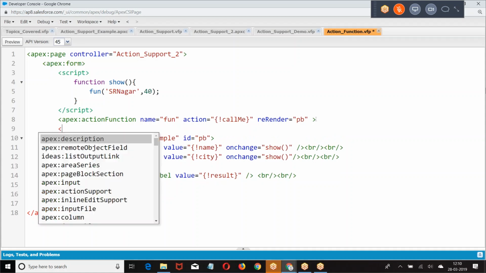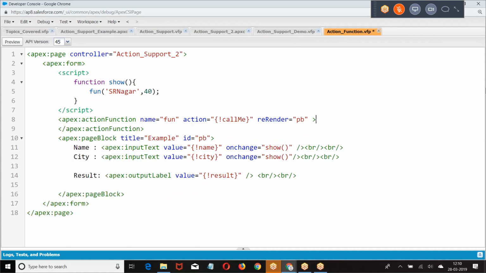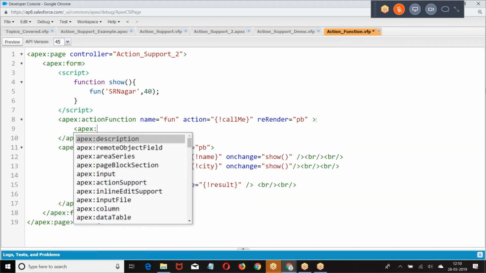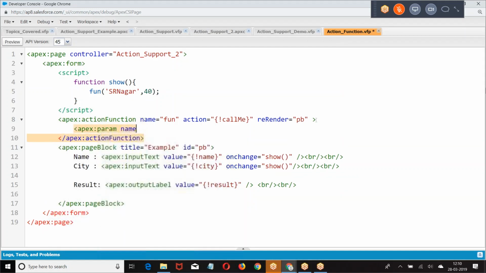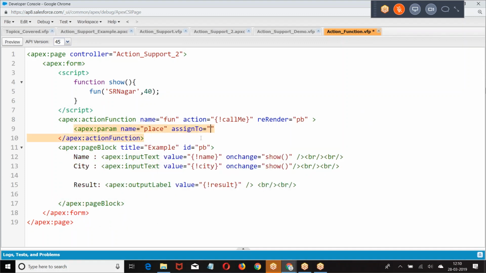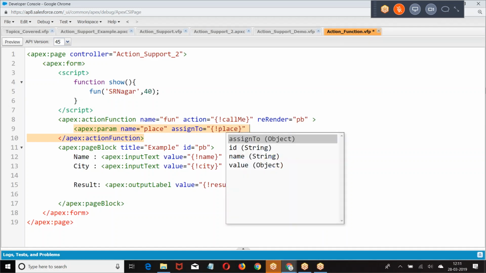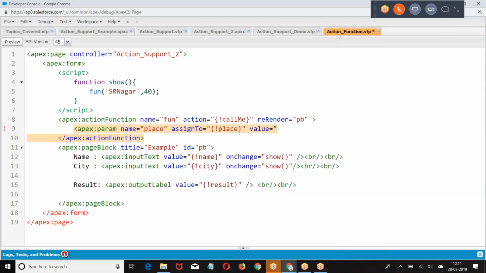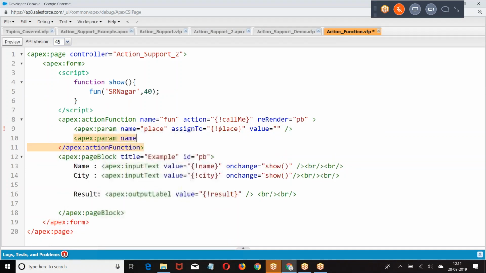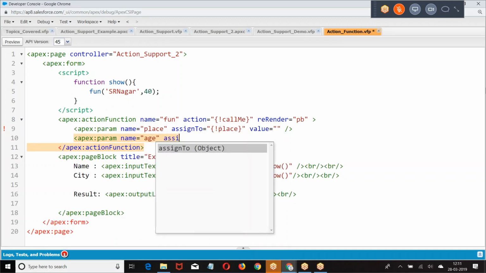Before running the callMe function, apply param name equal to place, assigned to name. What is the value you are giving? This is Sanagar, that is the place, assigned to the variable. Then param name equal to age, assigned to age.